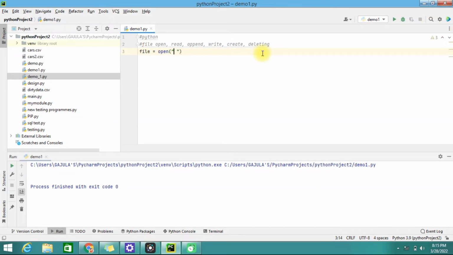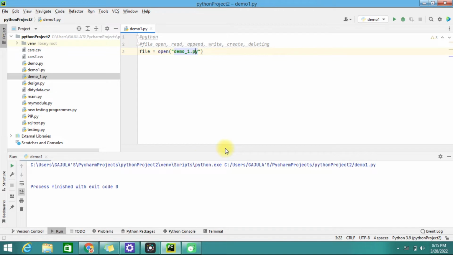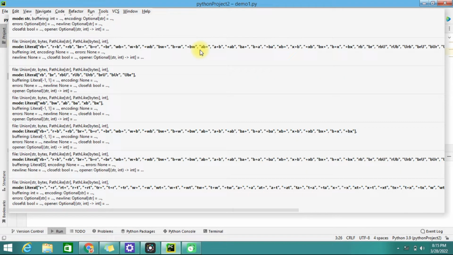I'm going to take demo_1.py. This is how we open the file. If we run it, we won't see any error. If we see an error, then it says that there isn't any such file. And then if we give a comma and, in quotations, write R and T,